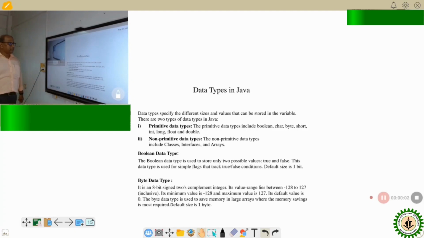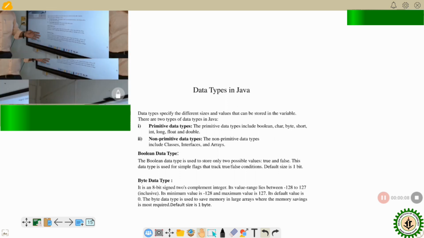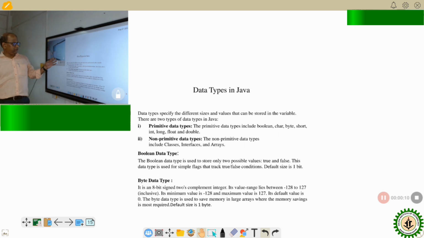Okay. Now I come back to my next lecture. Already I have discussed the first two parts about Java. The first part covered the features of Java, etc. In my second part, how to write a Java program, how to compile it, and how to run it, etc., and the various types of variable: local variable, instance variable, and static variable. Already I have discussed